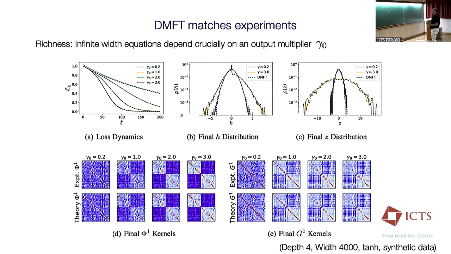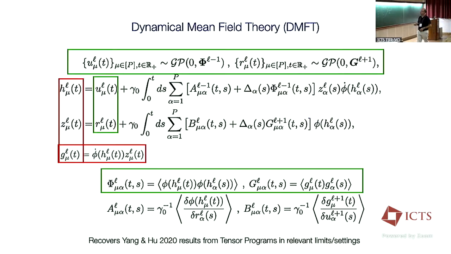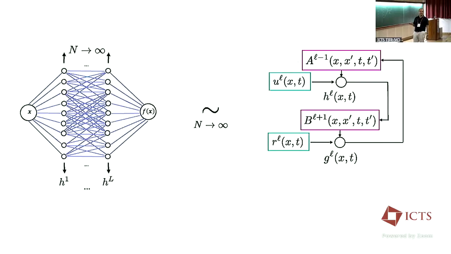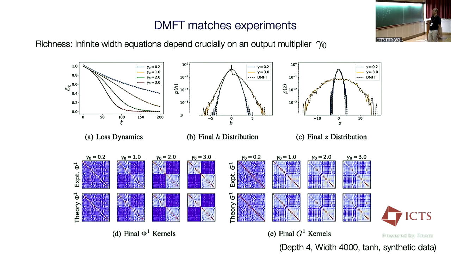Z relates to G. G is the gradient, so think of it as a gradient. Okay, cool. And this is also comparing experimental and final kernels. These are the things that concentrate in the theory, and we're comparing them to what we get from simulations, so you get a good match. So that's good.